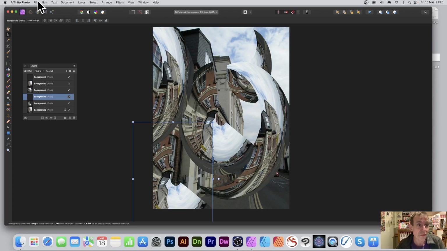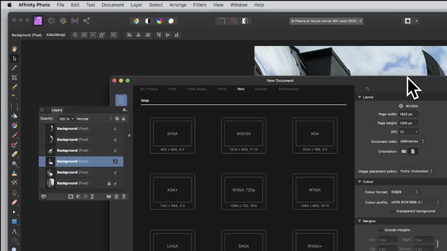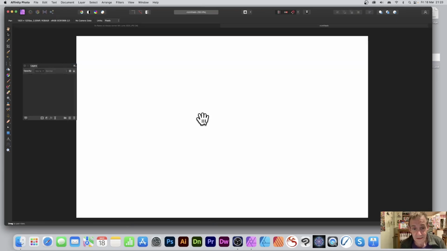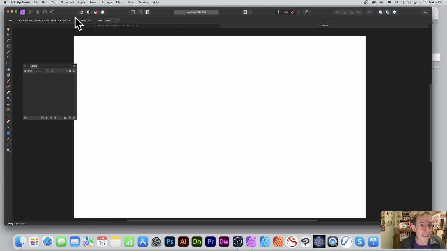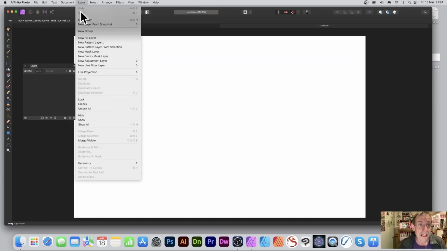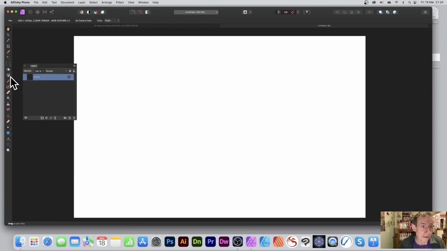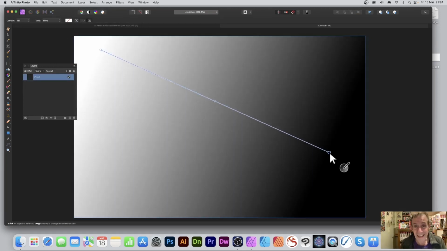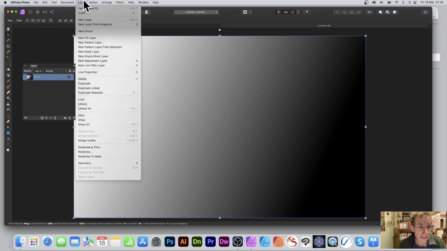Now what you can also do is maybe go to File and New, and you can do exactly the same with maybe a gradient. So with this image here, go to Layer menu and New Layer, create a quick gradient, just any sort of gradient, and with that selected, it's a pixel layer, you can duplicate that. So just go to Layer and Duplicate,